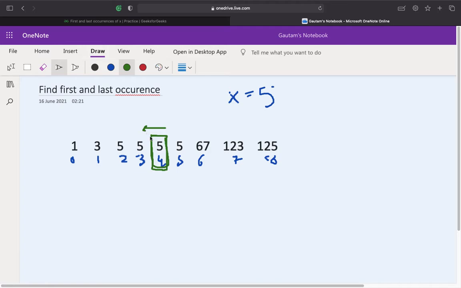If the element at the immediate left is equal to 5, which is the same as the target middle element, that means this is not the first occurrence of the element, right? It's probably somewhere in between, or it will be the last element. It's not the first occurrence.